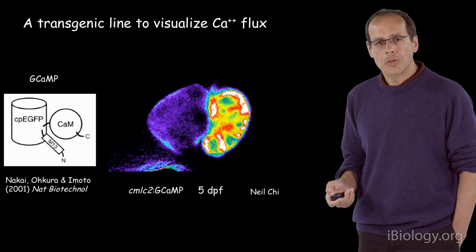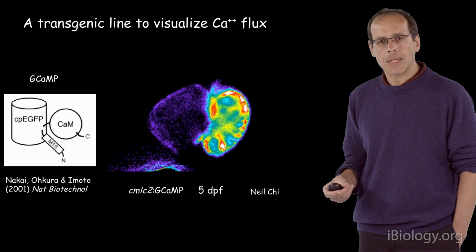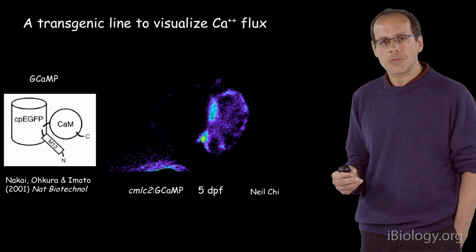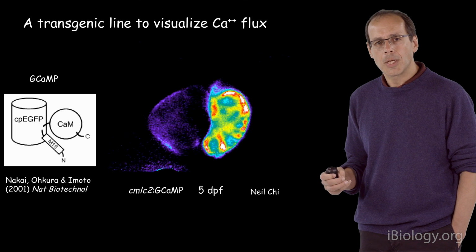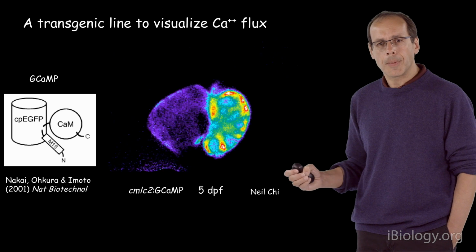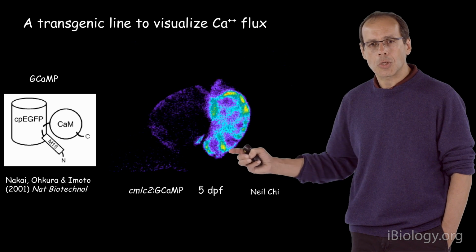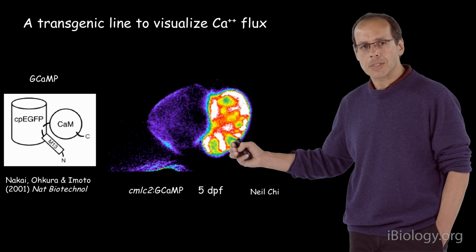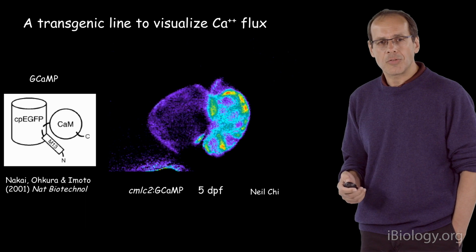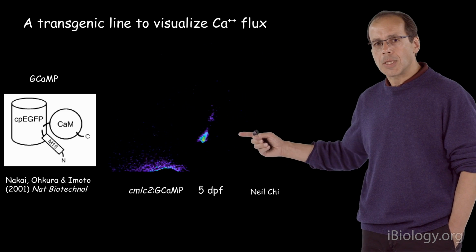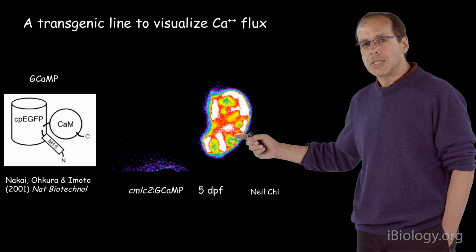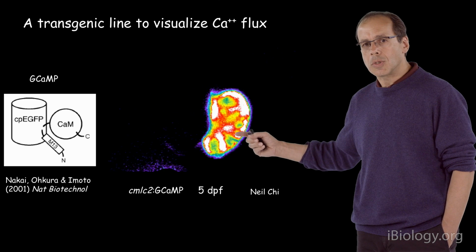So one can, of course, get more sophisticated in terms of analyzing the various phenotypes and also identifying mutants with interesting cardiac function defects. And here, for example, I'm showing you a GCaMP line, which is used to look at the calcium flux. And GCaMP is a modified GFP protein. And again, you can see in this case right here is the ventricle, and you can see these muscular protrusions,